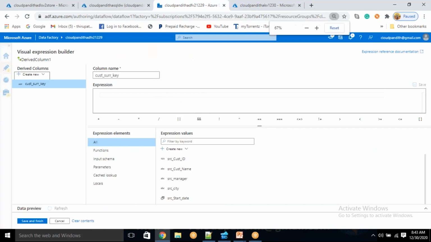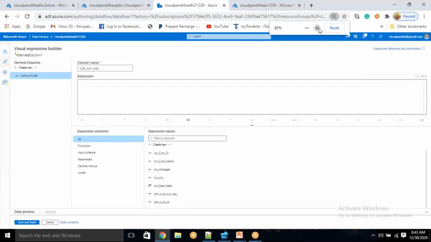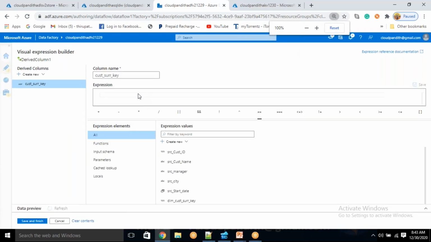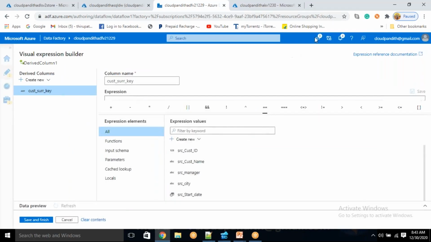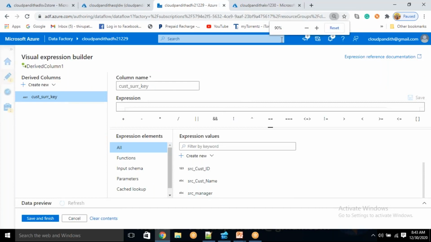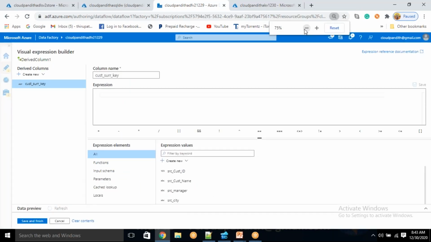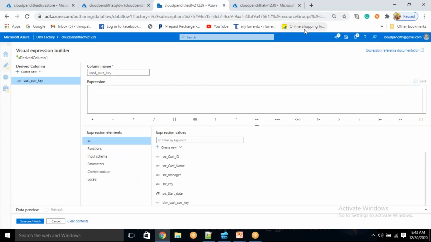Okay, now see here, I'm writing this. Okay, fine. Here, what you need to do, as you don't have any data in your dimension table, that's